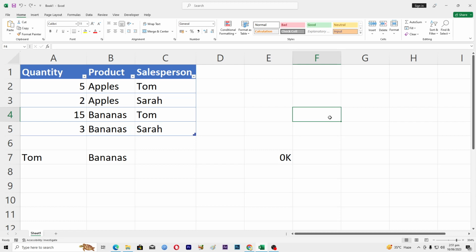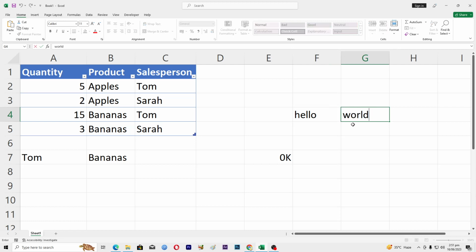So here you can see that I have this cell here, and I will first of all write something in this cell. So I will write hello in this, and in the next cell I will write world. Okay, so here you can see that we have these two cells here,